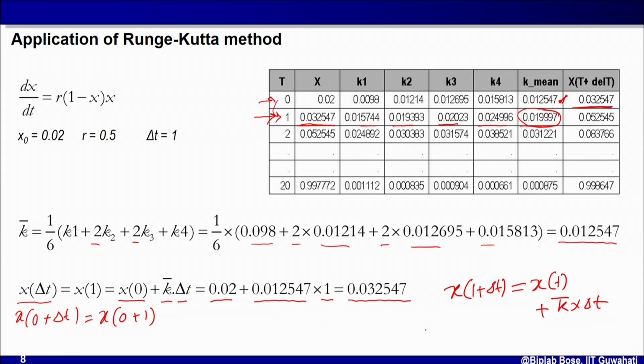So this is nothing but x at 1 plus 1, that is x at time point 2, will be x at 1 plus k, which is 0.019997 into delta t, which is 1. X at 1 is this value, 0.032547. So if you sum up, you get the value of x at 2, that is this value,